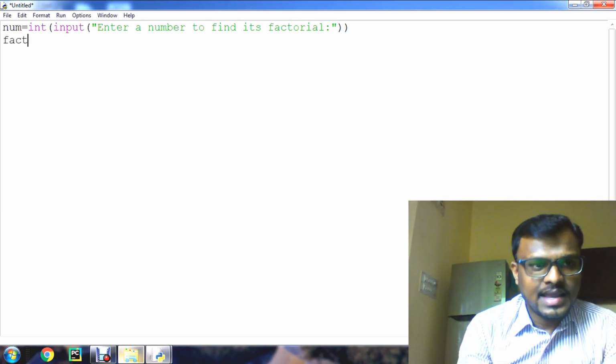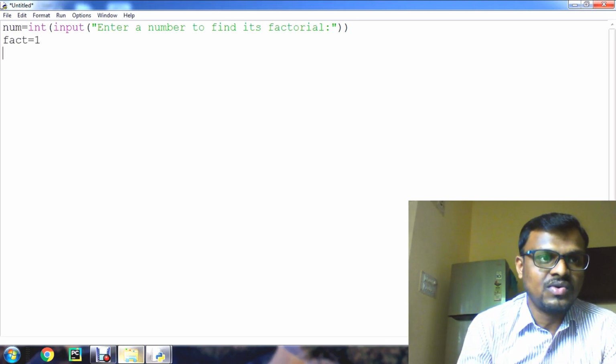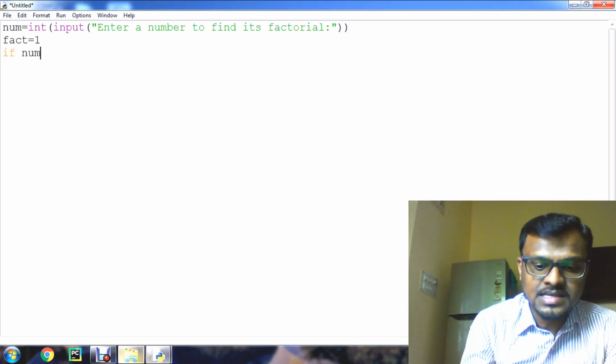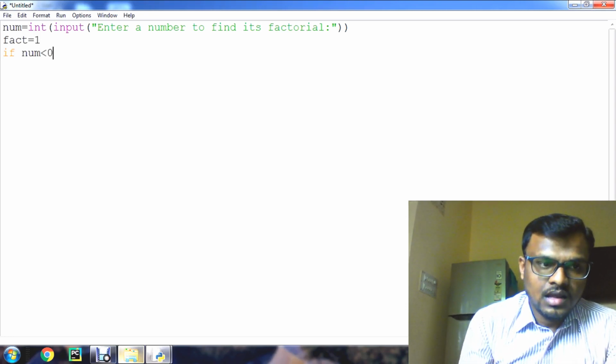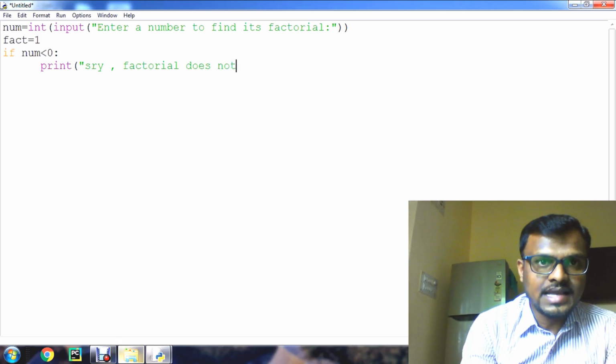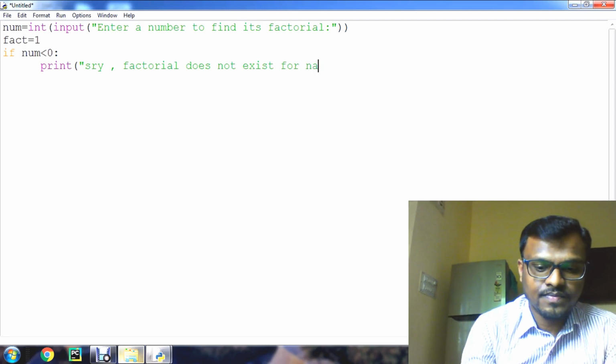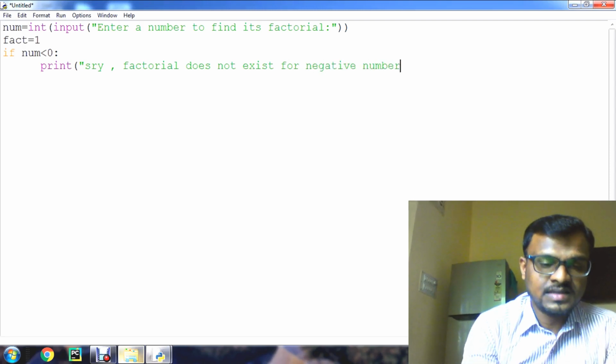Initially I should have a fact variable here. The fact is equal to 1, because the factorial of 1 is 1 only. Now we have to check if num is less than 0, then we are going to print factorial does not exist for negative numbers, that we know already.